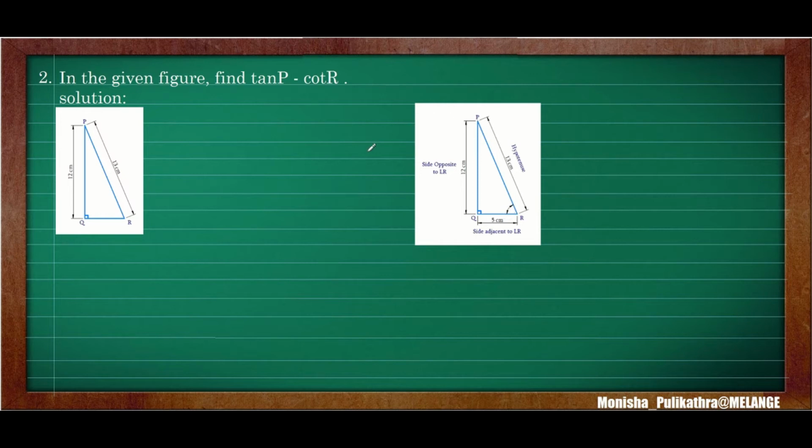Okay. So while we are doing the problem, you should be careful about the opposite side and the adjacent side. Okay. Hypotenuse will always remain the same. So here the lengths of two sides are given, whereas one side is not given. So since it is a right angle triangle, we can apply Pythagoras theorem.